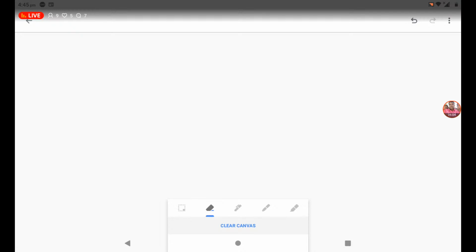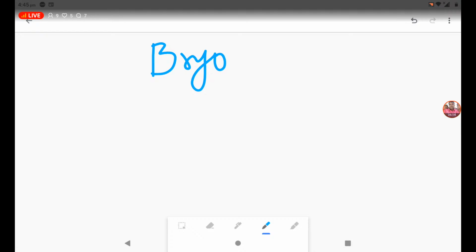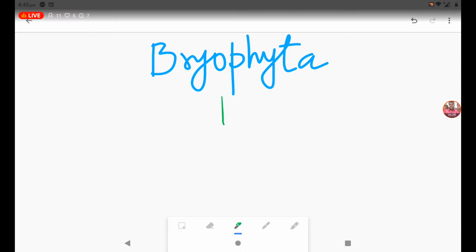Okay. Let's take the classification of Bryophyta. How are Bryophyta divided? Fine. Let's see. Bryophyta are classified into two groups. We are following the NCERT classification only. Two groups are identified. So Bryophyta are classified into two classes. The first one is called